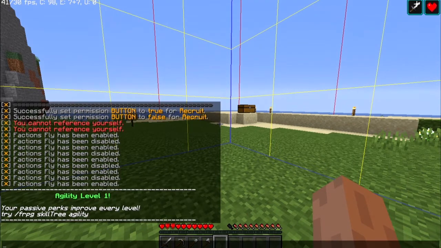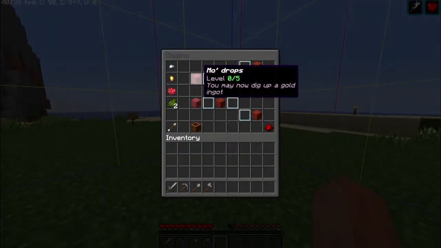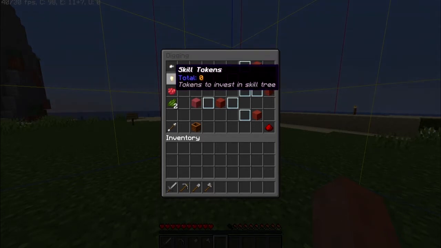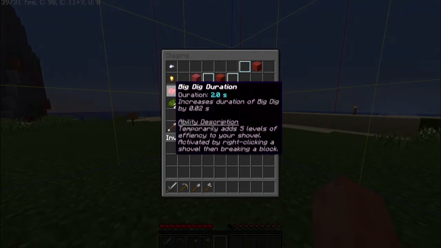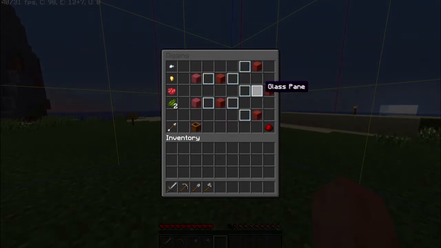So you just saw my agility just leveled up. So what is this? You do slash frpz, and you get a whole new tree of experience. So you have digging skills, and you get passive tokens for every level you rank, and a skill token every 50 levels. You use passive tokens in these two. There are sometimes only one or three, and skill tokens are used in this tree, and so you progress down this tree,